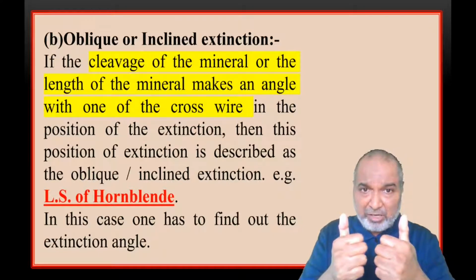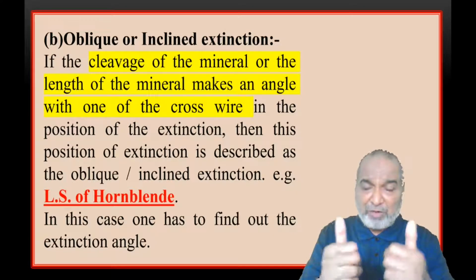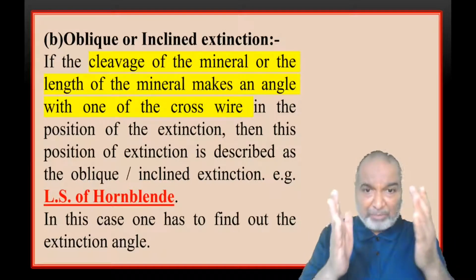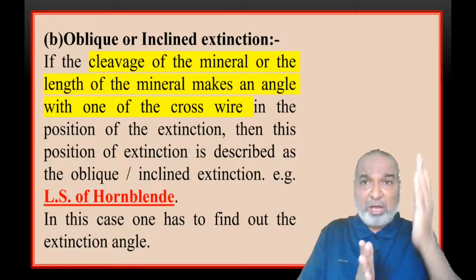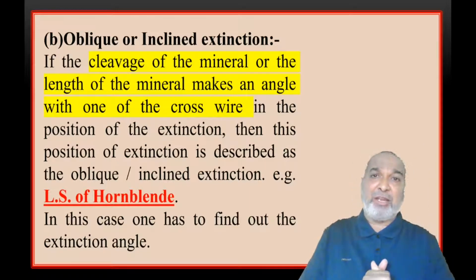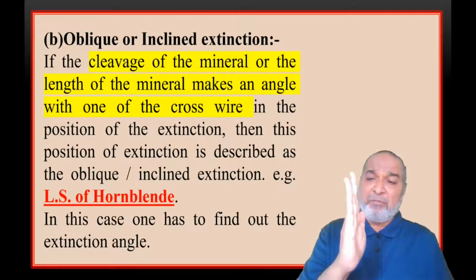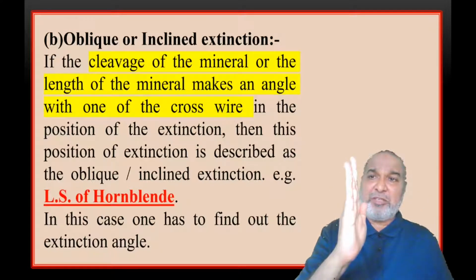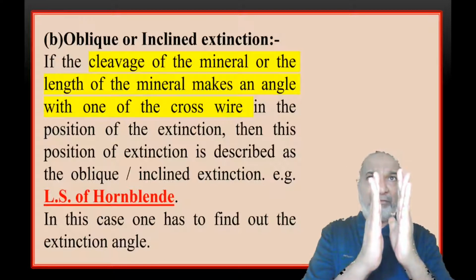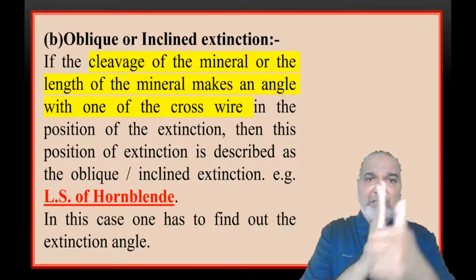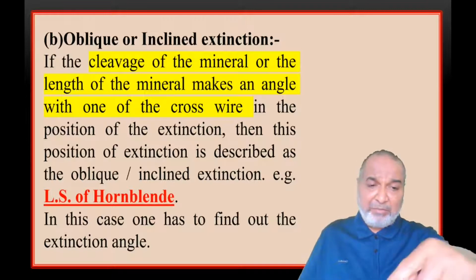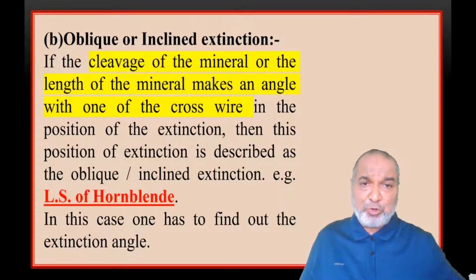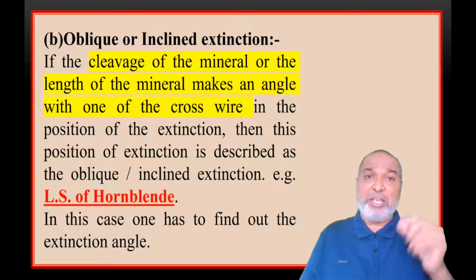But whenever the mineral is inclined, then you have to find out the angle of extinction. You have to study this theoretically, but in practical also you have to find out how the angle of extinction is found. So what we are going to do now: the analyzer should be out. Make cleavages parallel to the vertical crosswire. Once you've done this, insert the analyzer. At the same time, on the rotating stage, wherever the vernier scale is, with respect to 0, take down the reading. That is your initial reading.